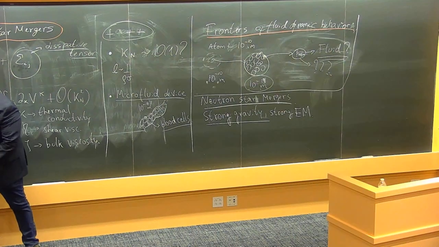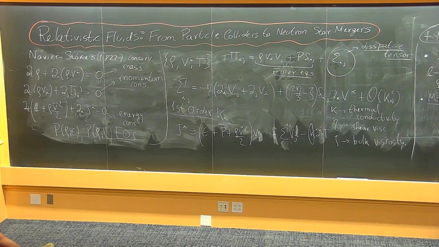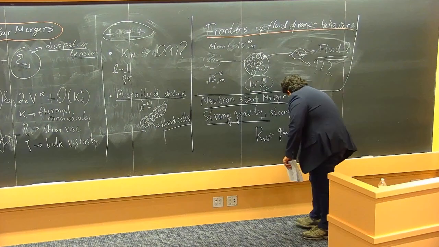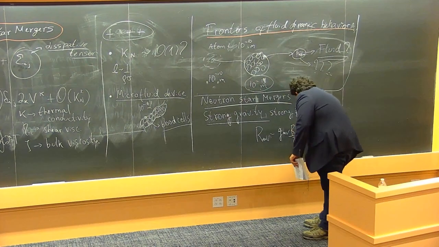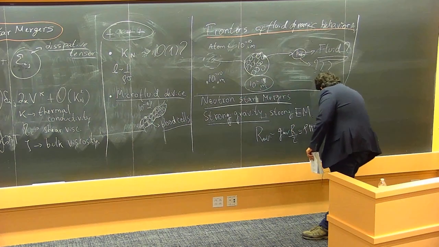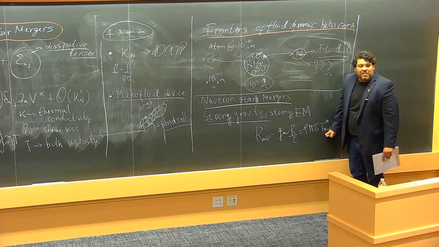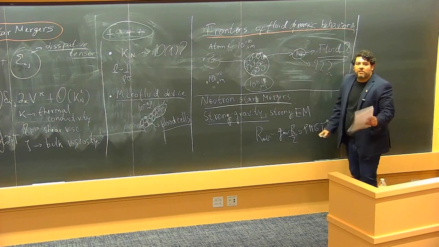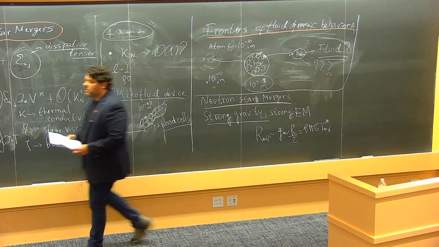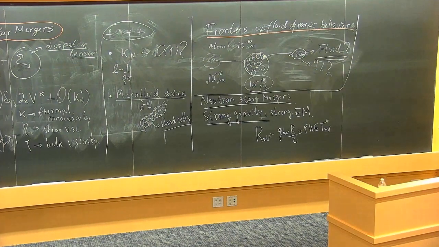And then you have to understand how you generalize all of this thing that you see. This is intrinsically non-relativistic as it's written here. How do you go from here to something that you can write down as a T-mu-nu, an energy-momentum tensor like this, that you can solve within general relativity? How do you do it? What do you have to change in relativistic fluids to make this happen? Okay? Yes. In the first frontier,